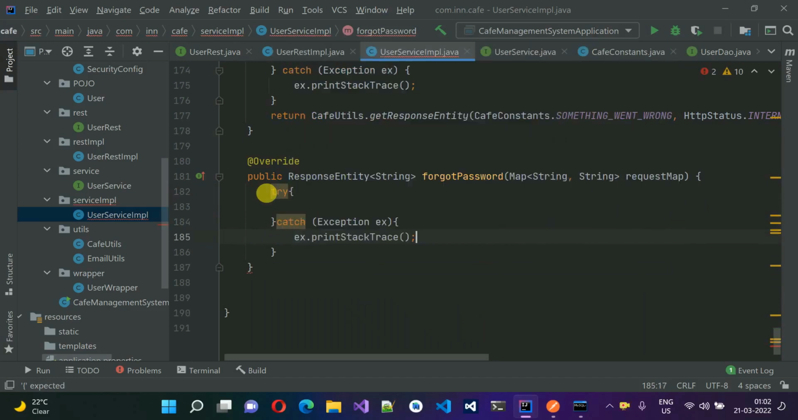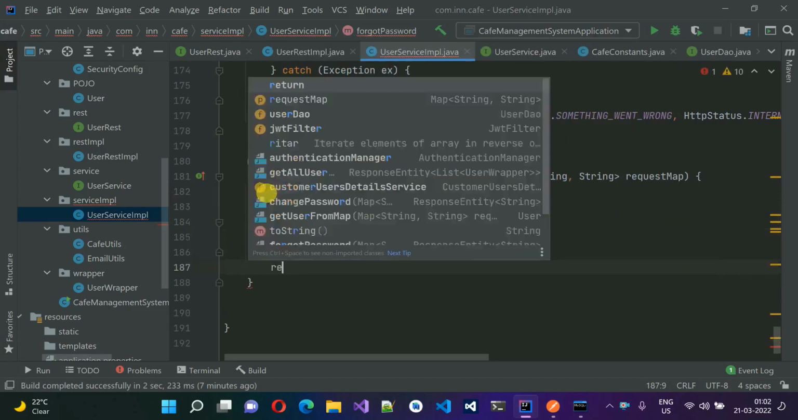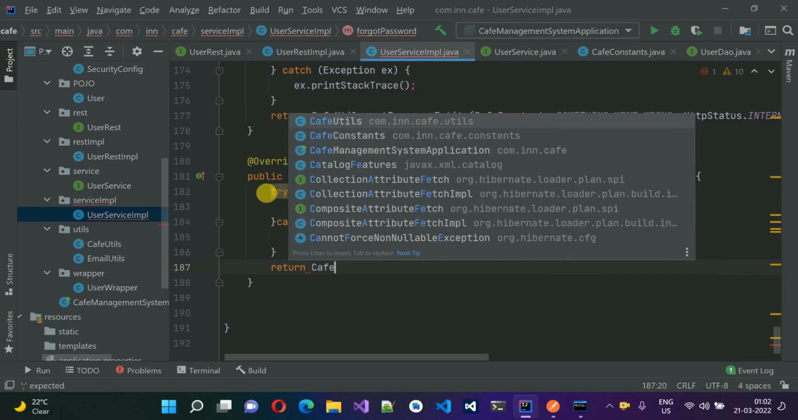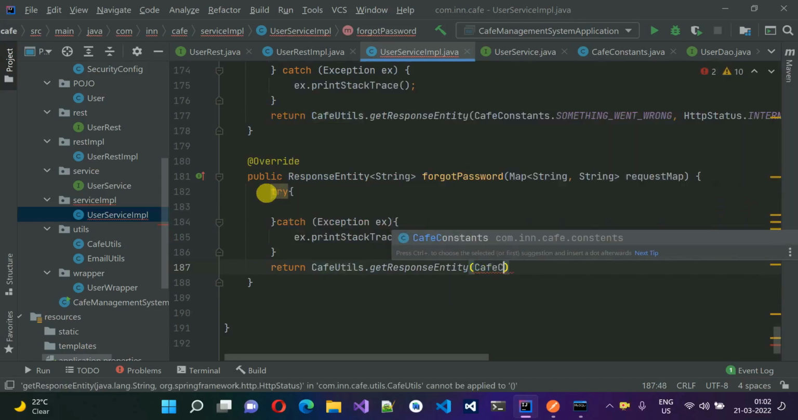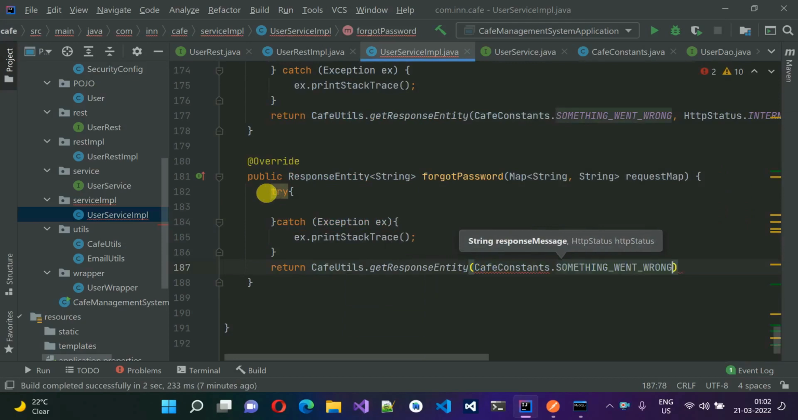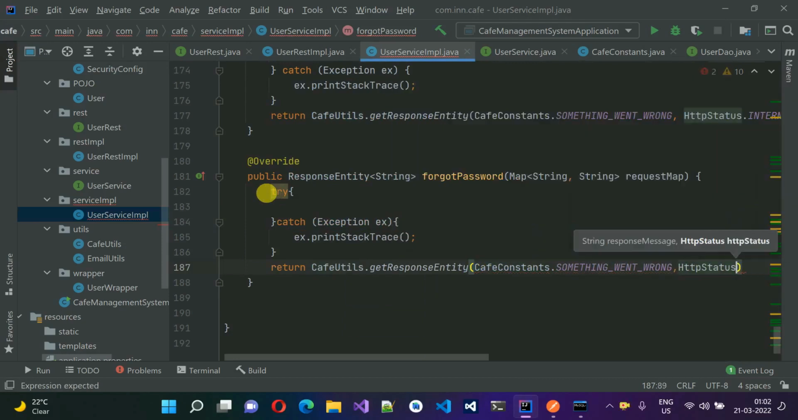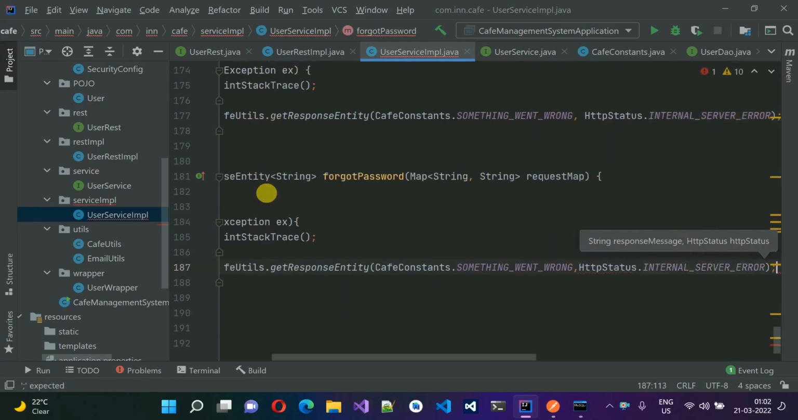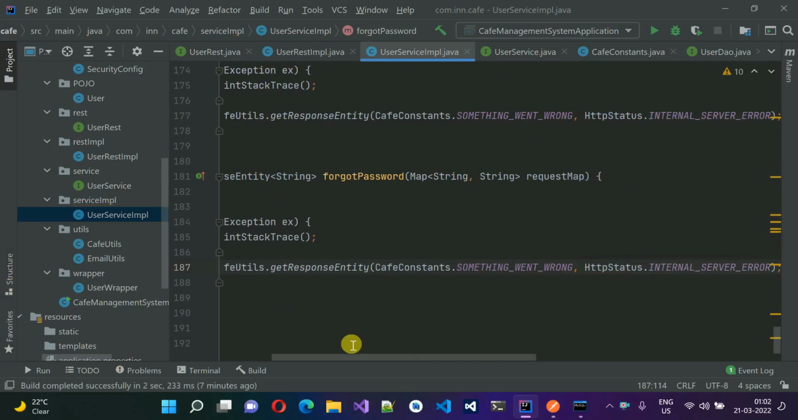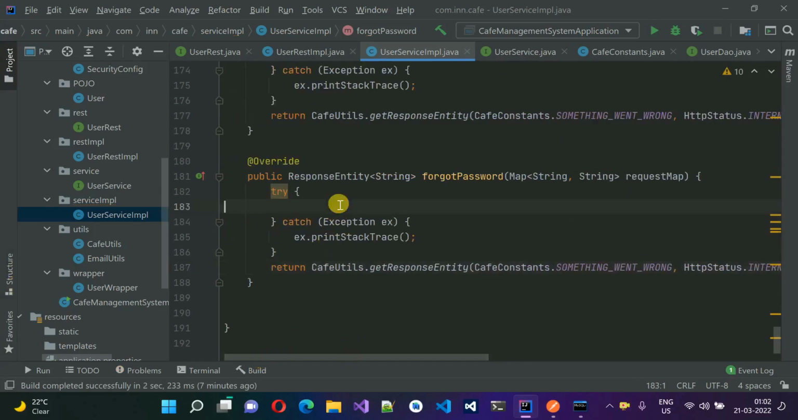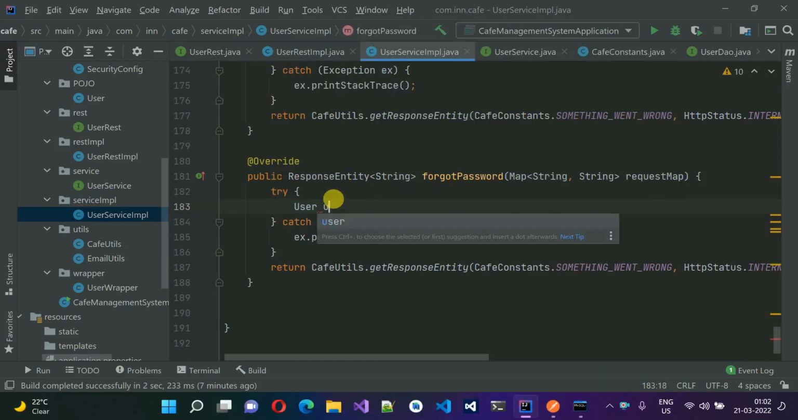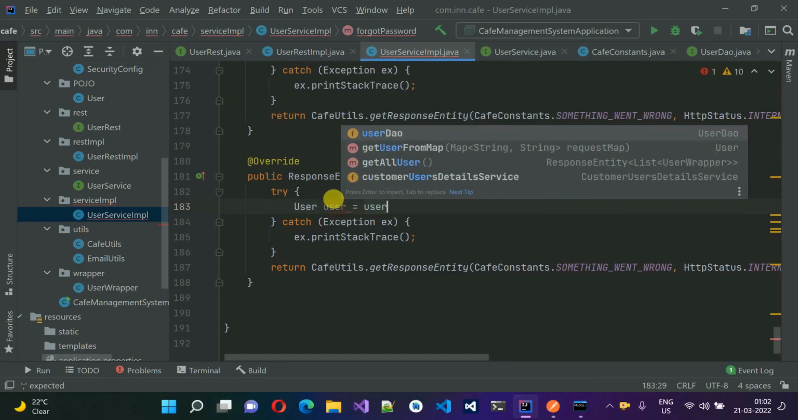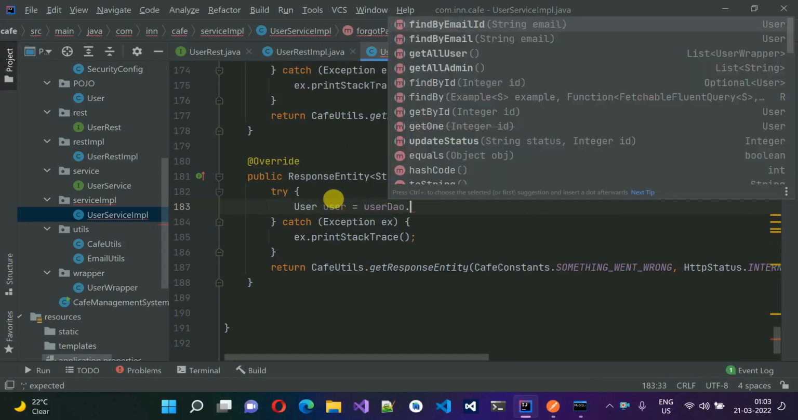ex.printStackTrace(), and if something goes wrong then return CafeUtils.getResponseEntity(CafeConstants.SOMETHING_WENT_WRONG, HttpStatus.INTERNAL_SERVER_ERROR), like this one. After this, we first have to fetch all the details for the particular user from the database. For that I'm going to use user = userDao.findByEmail,